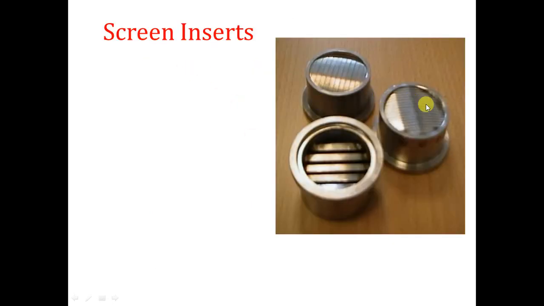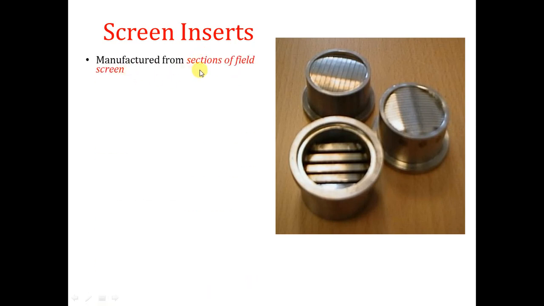Okay, we use any of these screens according to the size of screens that will be run in the hole. So according to the size, if it is very fine, for example, we'll use this type. If it is not very fine, we will use this, and the other one is when it is coarse, we will use this type. So we use these in the test accordingly. This is called screen inserts. In the test, it is according to the screens that will be used in the open hole.